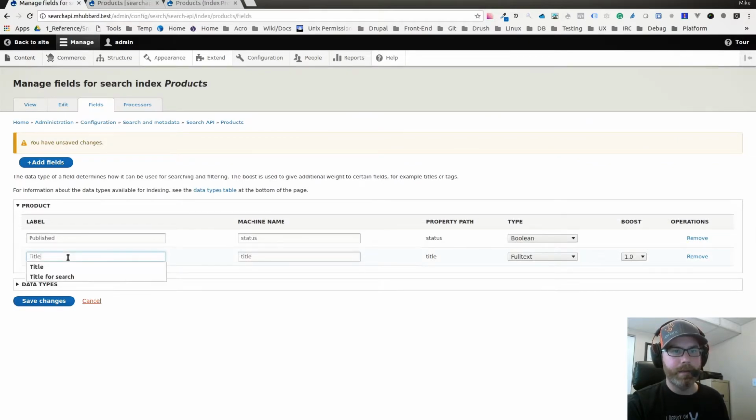One thing I like to do is when I know I'm using a field for a certain purpose, I like to say, so this is going to be for search, so I can do title for search. And then as I'm adding more fields, this just helps me be clear as to what this particular title is being used for. Let's spell that right. When you're adding full text